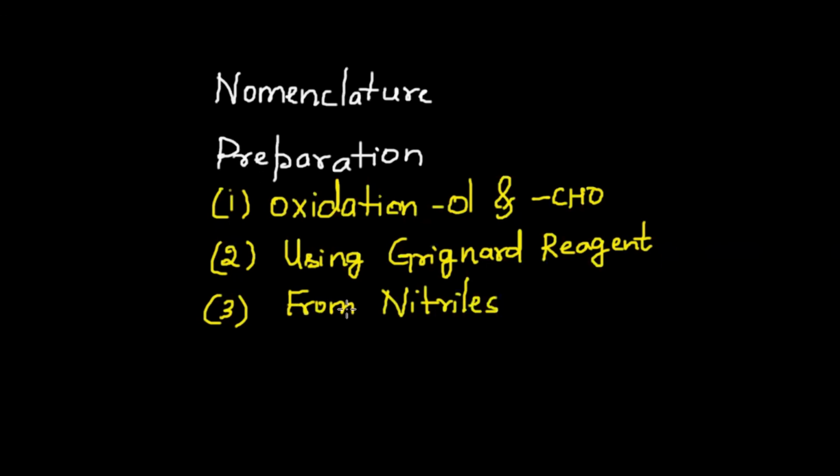The last two methods are significant because you have stepped up from the starting material. For example, here if you had started with alkyl halide, you're going to get a carboxylic acid that has one more carbon. So you have basically ascended the series. In both of these, you have got a carboxylic acid with one more carbon atom than the starting material, and that is very significant. In the next class, we'll go through the physical properties and we'll study the acidity of carboxylic acids, and we'll go over a few reactions.